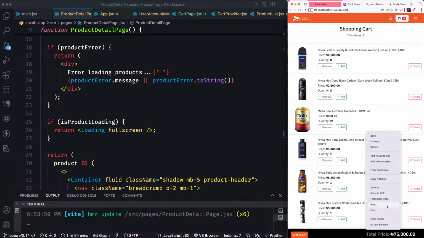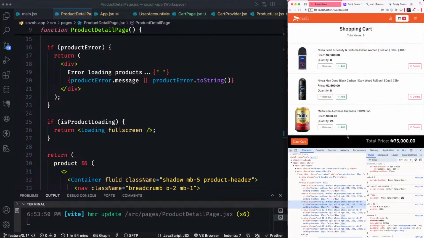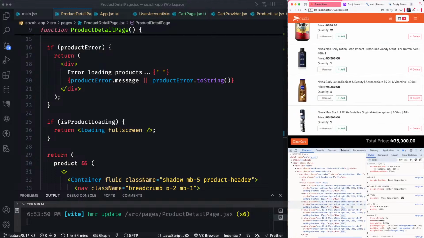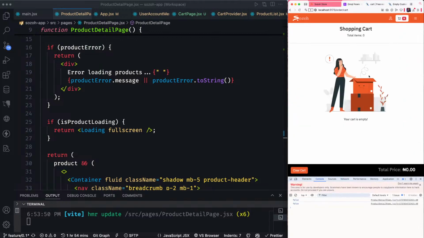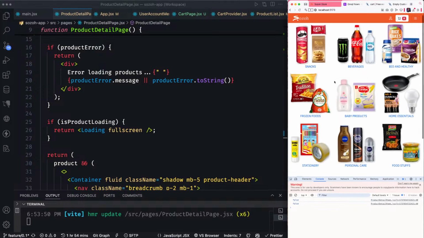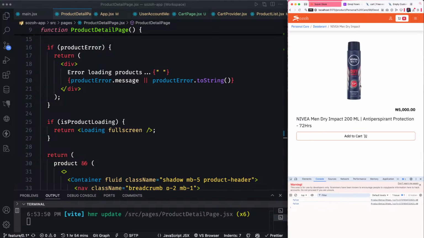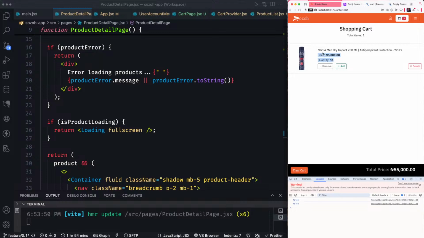I have to look for something that is not there before, or remove all these ones so that we can actually see what's going on. So let's clear our carts and go to product details. Then we have that one, it added it. Okay, but this is not doing multiple addition, which is strange. Okay, it's doing it, but we can't see it. 11 quantity. But we need to know,